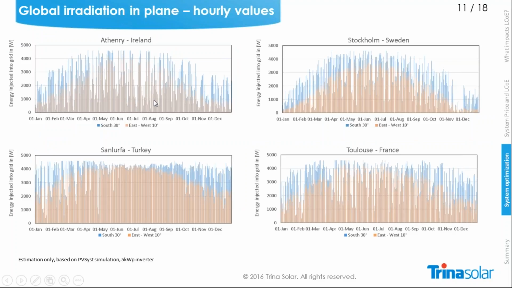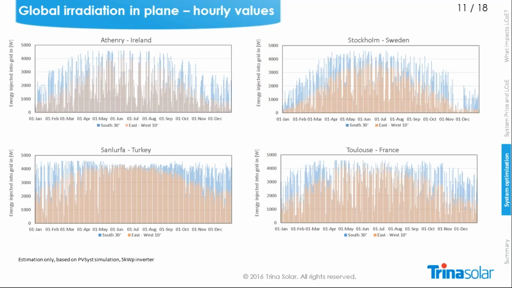First of all, the most important point is the irradiation. Here it's shown the energy what is injected into the grid based on the irradiation what we have in plane. Here I took different locations. So for Ireland you can see that there's a certain difference between south, what is always displayed in blue, and an east-west system what is displayed in orange. You can see that the highest difference between summer and winter is for sure in Sweden, but it's also quite interesting to see that based on the climate information what I